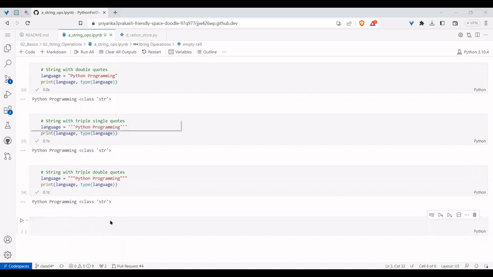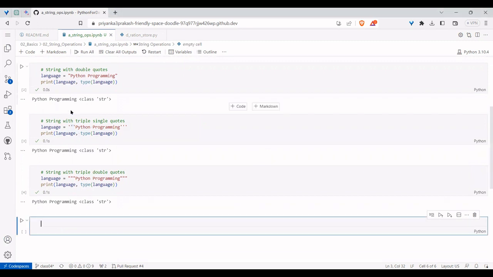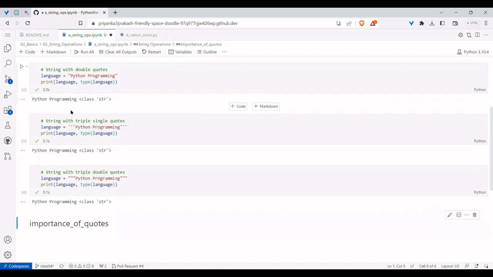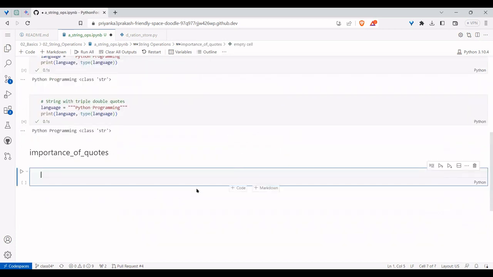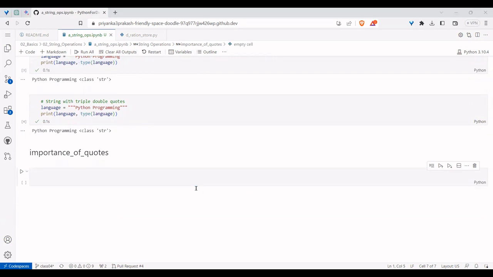And in which case do we need to use what? What is the best practice? In terms of best practice, to understand the importance of quotes and the way to use them, we can understand that shortly. So first, let me take a small example.